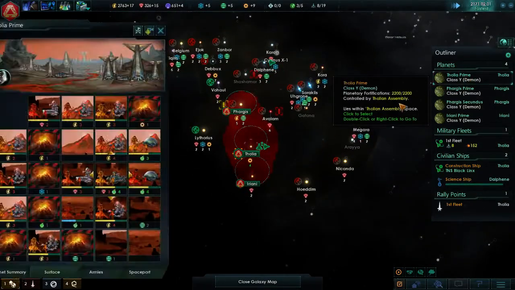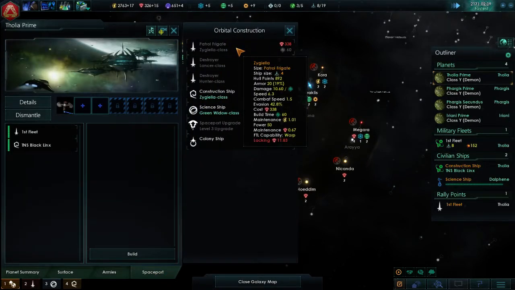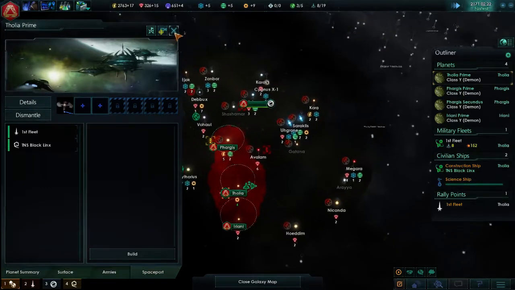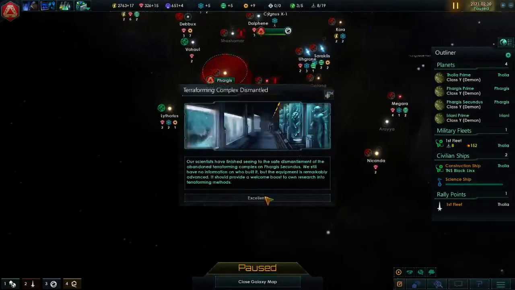Alright, so at the end of this month, are we still too short? 338, and we are at 326, so... Yeah, we will have to wait till the end of this month. And we'll build that final patrol frigate, and hopefully we will go...